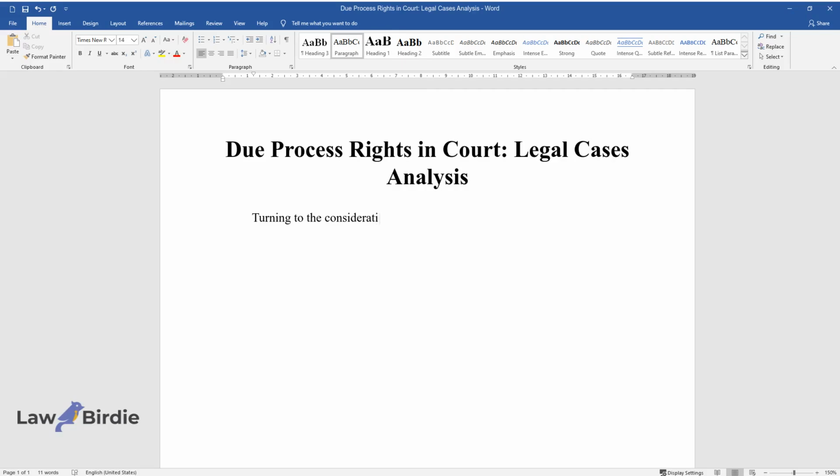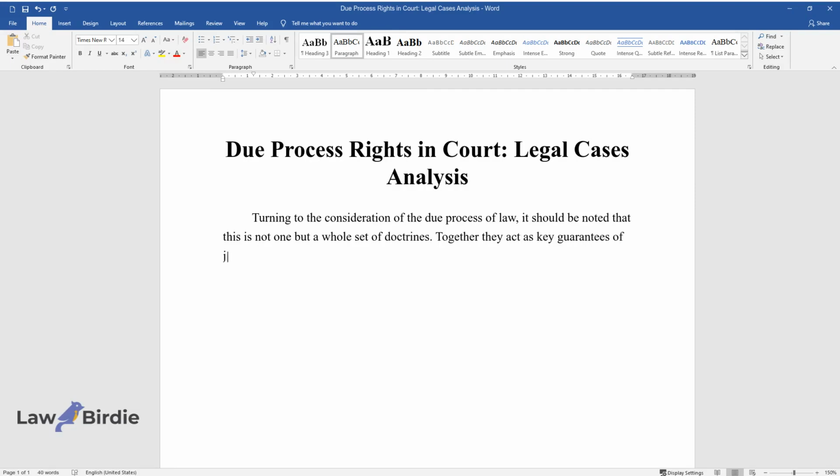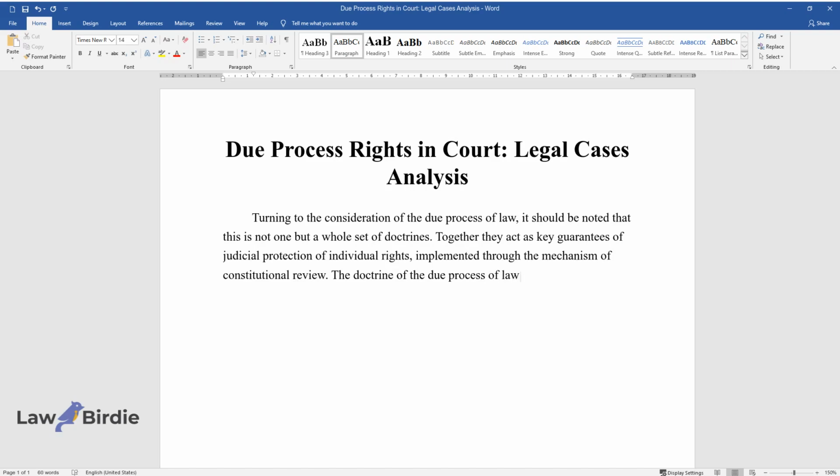Turning to the consideration of the due process of law, it should be noted that this is not one but a whole set of doctrines. Together they act as key guarantees of judicial protection of individual rights, implemented through the mechanism of constitutional review. The doctrine of the due process of law includes both procedural and substantive rights, extending to both federal and state